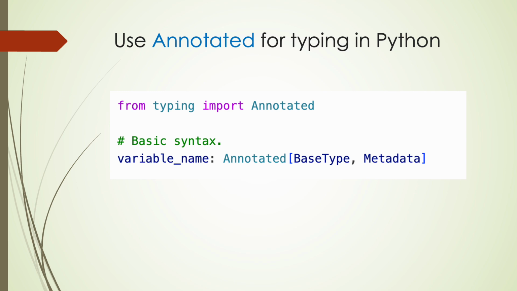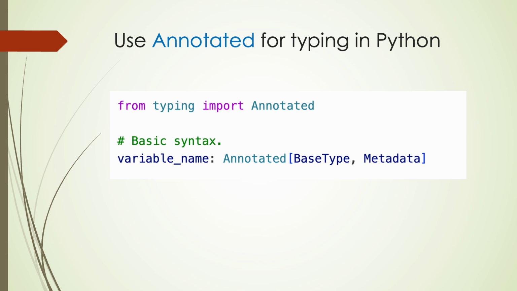In Python, Annotated is used in combination with type hints to add metadata to your type annotations. It is useful when you want to provide additional information about a variable's type without affecting its core type. This is the basic syntax for Annotated. However, Annotated itself does not enforce any behavior. It is just a mechanism for attaching metadata, and you would typically need third-party libraries or custom logic to use it. In this video, we will give examples of how to use Annotated in FastAPI to specify additional metadata and